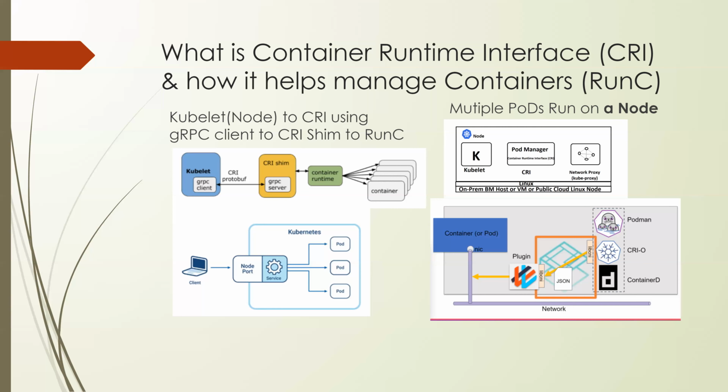has a gRPC client, and it has to have a connection to the CRI to even talk to anything on the host. Therefore, it uses a gRPC client, and the gRPC server shim is the one which talks to the container daemons. And the container daemons are some of them like Podman, for pod manager, and CRI-O. This is the most popular. This is the one coming from Docker, and this is the one coming from Red Hat. So these are various variations, but the most standard is being pushed towards CRI-O these days.